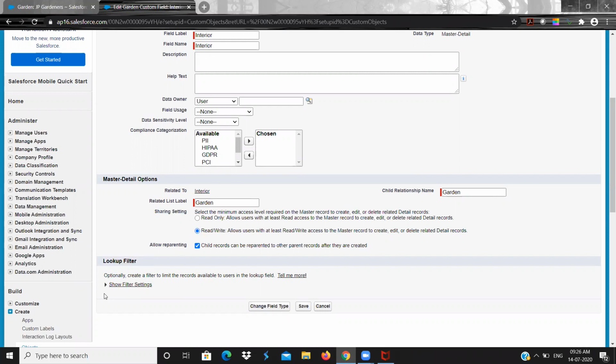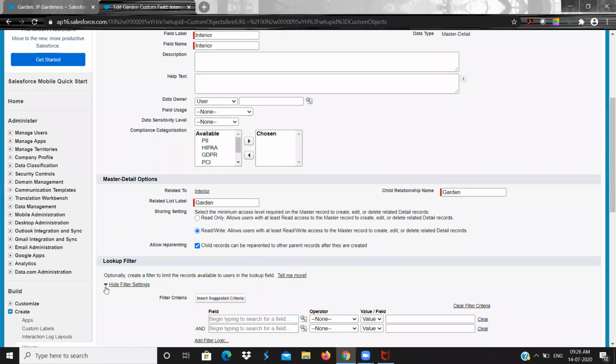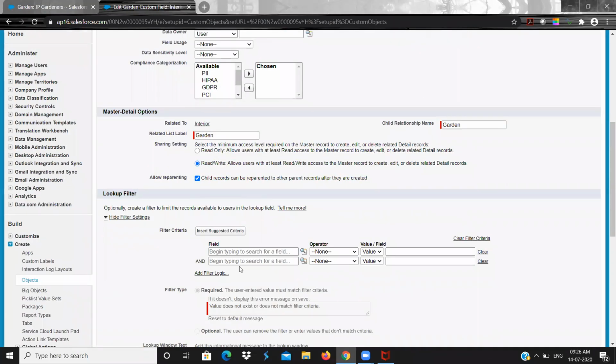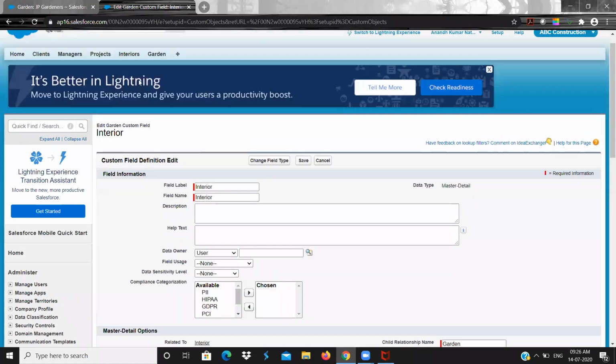So what does this lookup filter mean? For example, I wanted to have a filter here in the lookup field itself, to select a parent with certain criteria. Let me open the notepad.